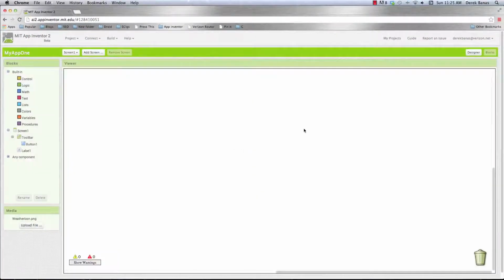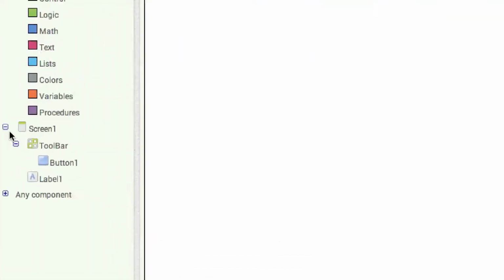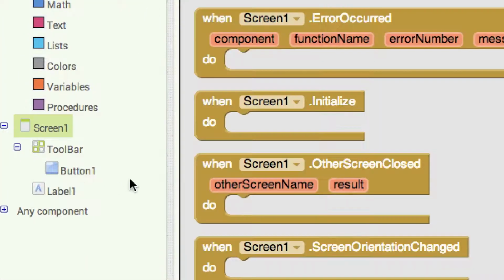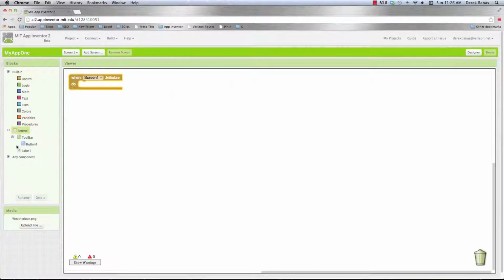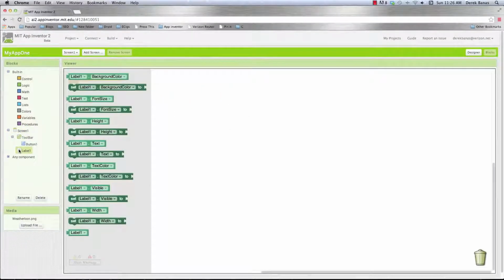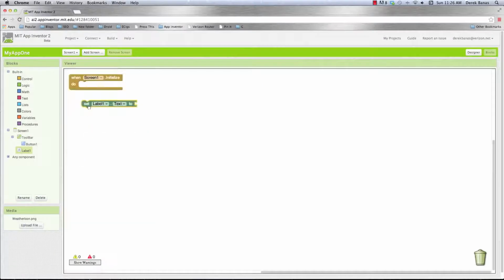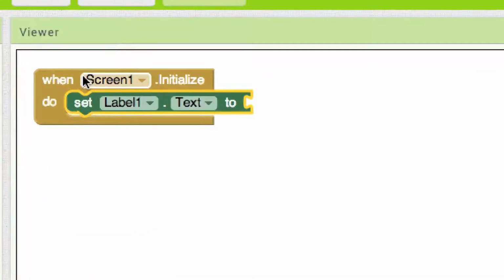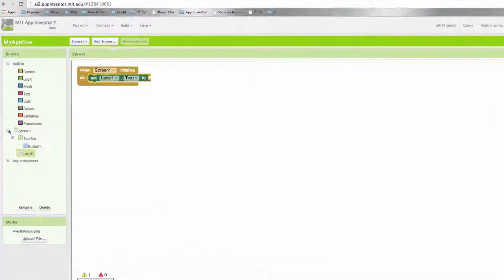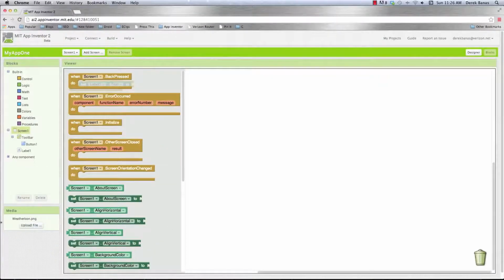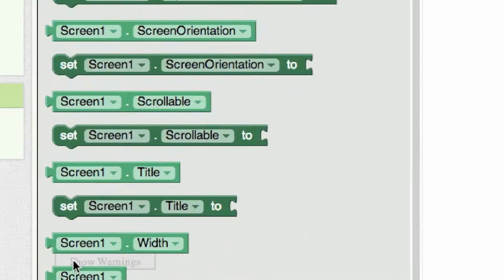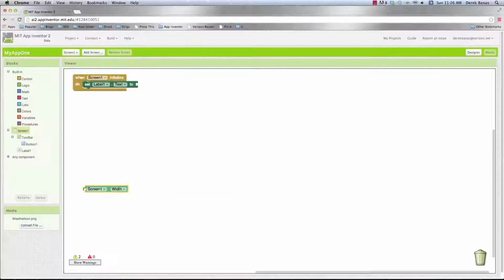So let's jump over into Blocks, and then let's go into Screen, and then let's get when screen is initialized. Let's get that guy right there, and then we'll have the label, and we'll set the text for our label right like that to whatever the screen width is. So let's get this screen, and it's way down the bottom. Let's scroll down, and you can see here screen width right there. Drag it up here,